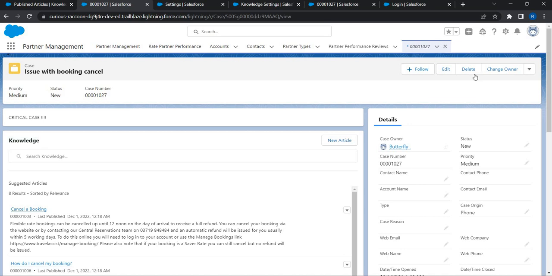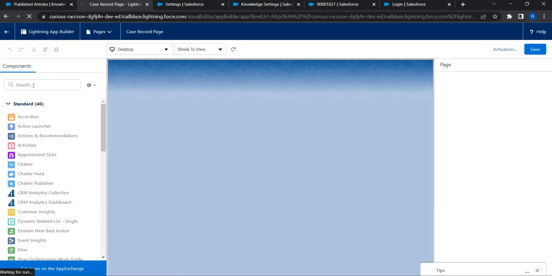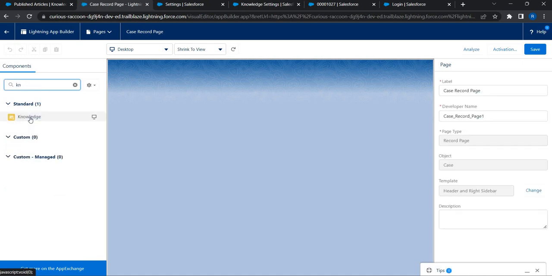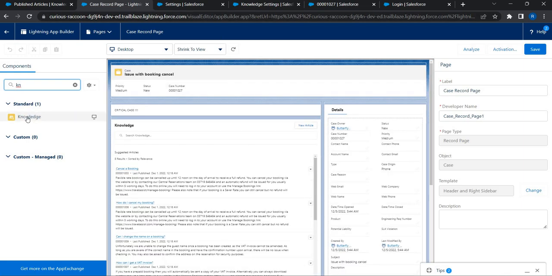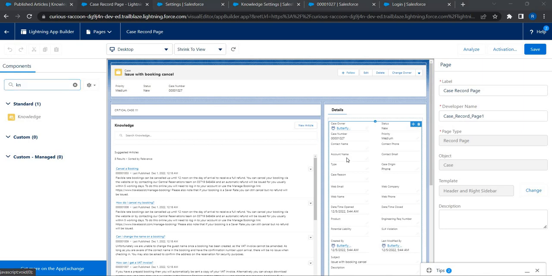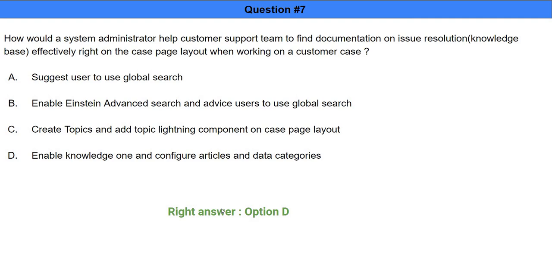So this is again a component. Knowledge is a component that you can add by going to the edit page on the case page layout, and if you just search for knowledge, this is what is included right on the page. Once you configure the knowledge settings and then drop this knowledge lightning component on the page layout, that's it, you're all done. This is how you can show related articles pertaining to the case subject, or basically to the case or issue or incident reported by the customer, on the screen. So now the right answer to this question is option